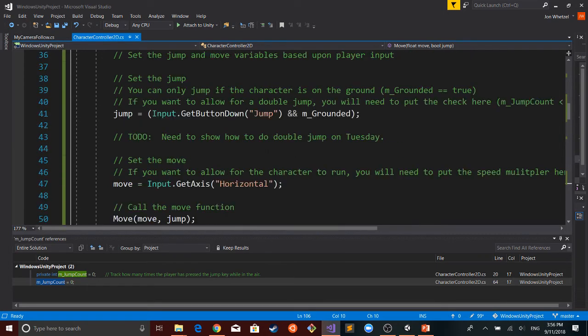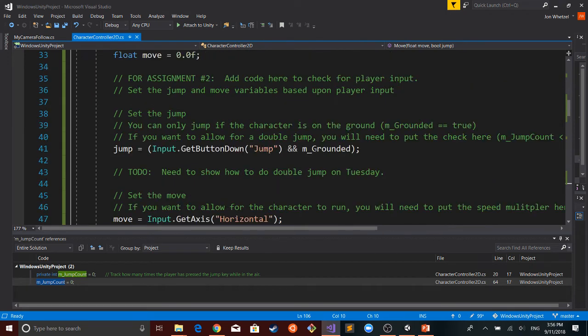So if you remember, this hasn't changed. Here's another thing that we need to change. Here in jump, we only should be registering jump when we press the button and we're on the ground. However, because we're doing a double jump, now we can, in effect, remove that because we now set that up within the script.